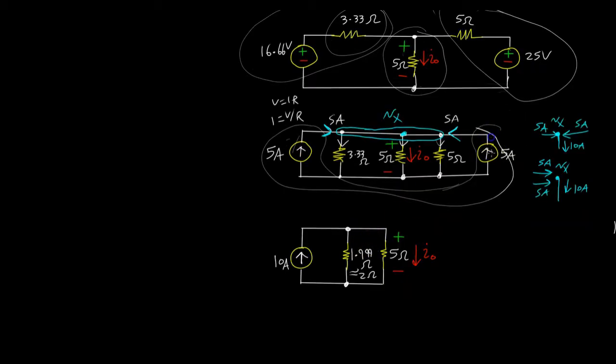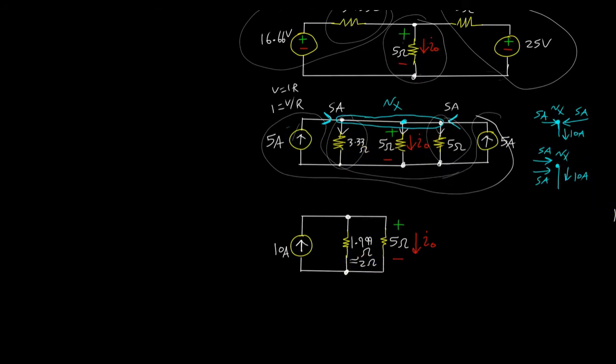Okay, so I have combined the two current sources by the logic I just mentioned and explained, and I've also combined these two resistors in parallel to get roughly 2 ohms. And so voila, you can see that the circuit is very simple. All we have to do is a simple current divider, and if you recall, the current through this branch